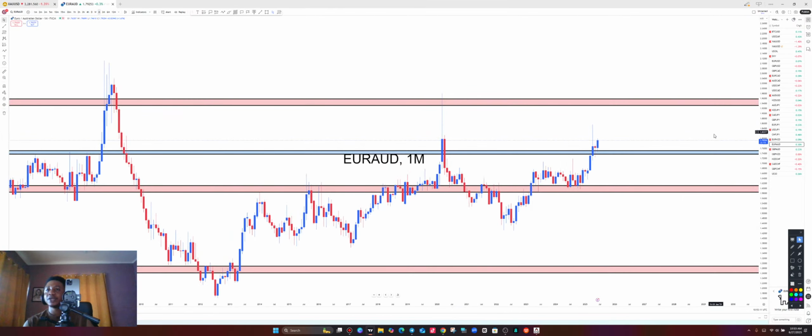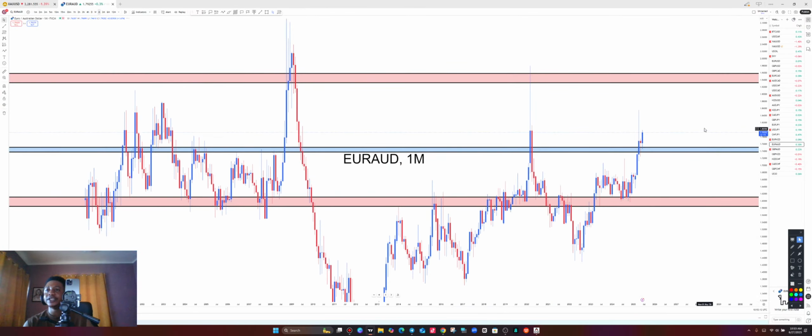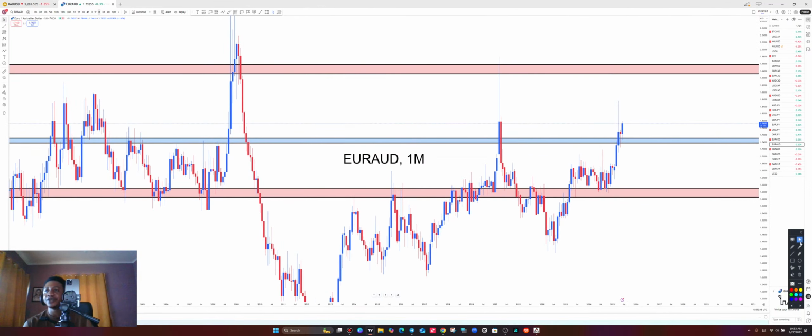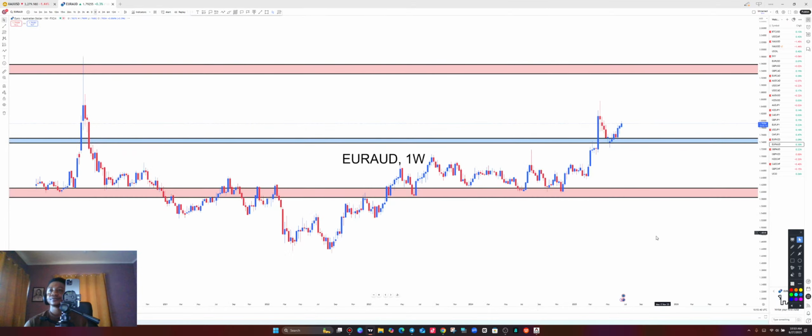All right, so this is also the monthly time frame of EUR AUD. On the monthly time frame, we have a monthly mid-range zone over here. Price has broken above the monthly mid-range zone. After breaking above, what did it do? This was the break above. It has come all the way down to retest. After the retest, where should it go? It should go all the way to the upside. So, according to the monthly, we know that price has found buy pressure on this resistance level as support to go all the way to the upside. Let's take it again to the weekly time frame to add more understanding to this analysis.